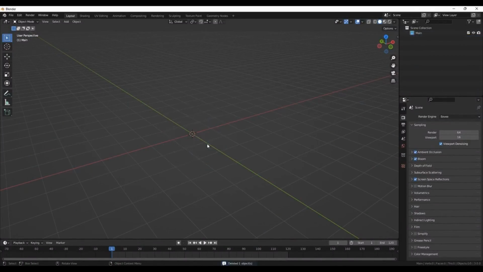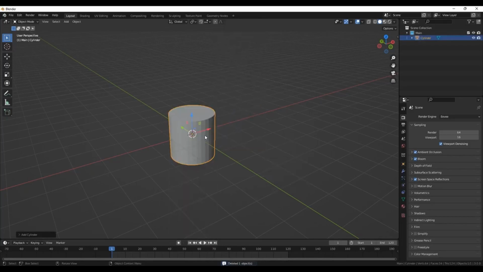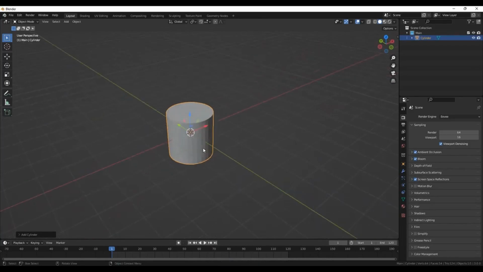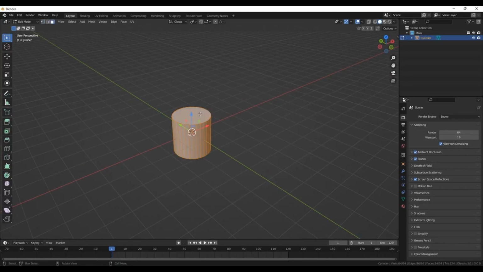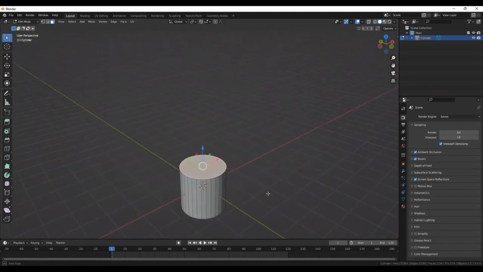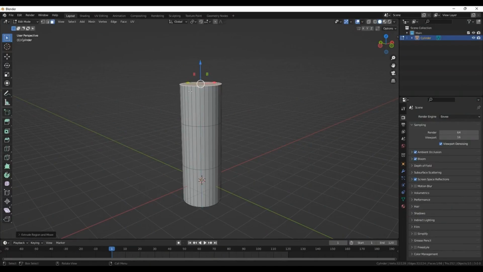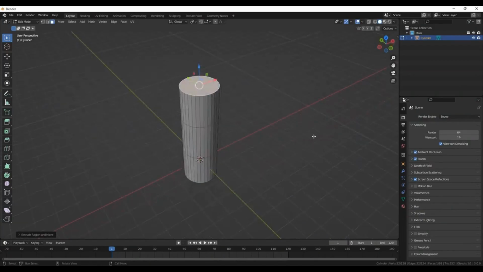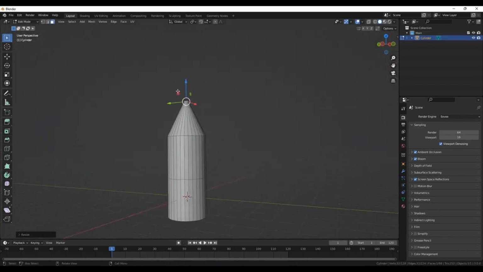We can delete the default cube that comes with it, and let's add a cylinder. After adding the cylinder, let's go into edit mode. And the first step to do is to select the top face, extrude it once, and extrude it again. And with the topmost face of the cylinder, we can scale it down like this to make the nose of